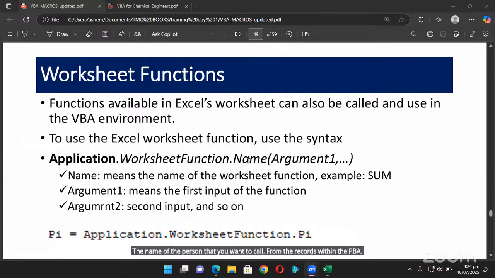And after typing the name of that function, you will now feed in the function argument, that is the input of the function, if it has any. You see, some functions don't have input, like the pi function in the worksheet. So if, for example, I want to call the pi function from my worksheet into my VBA project, I use my code statement